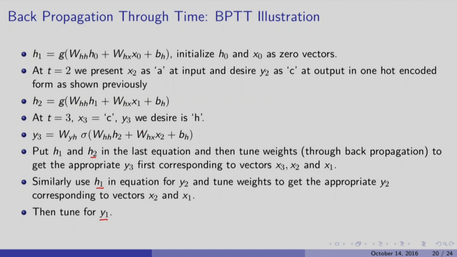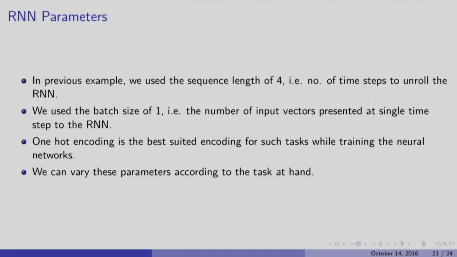The back propagation through time isn't very different from the back propagation we have learned so far for neural networks, just that we will need to account for this very important modification called the self loop, WHH being the weight on this self loop. The rest actually just follows. So as far as parameters are concerned, if you have a sequence length of 4, the parameters for each hidden neuron are just going to increase by 1, this is per neuron. As far as the other parameters are concerned, they are going to pretty much remain the same.